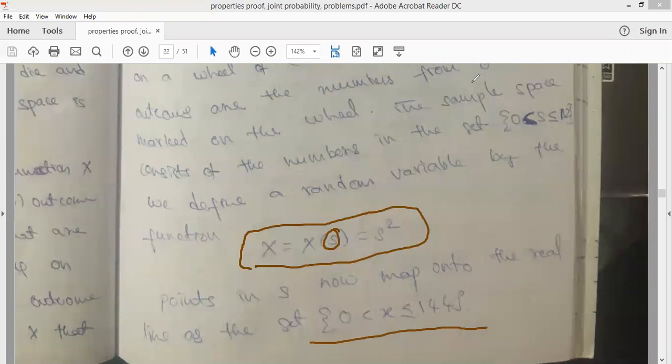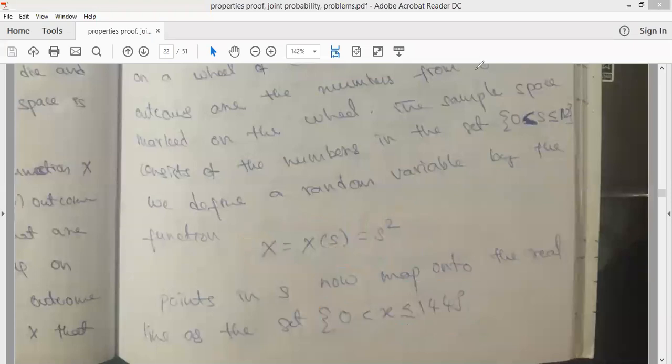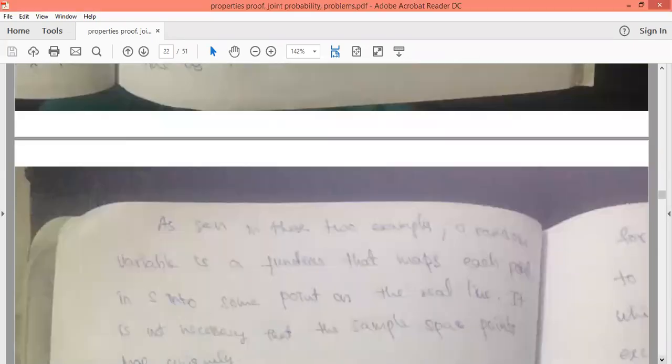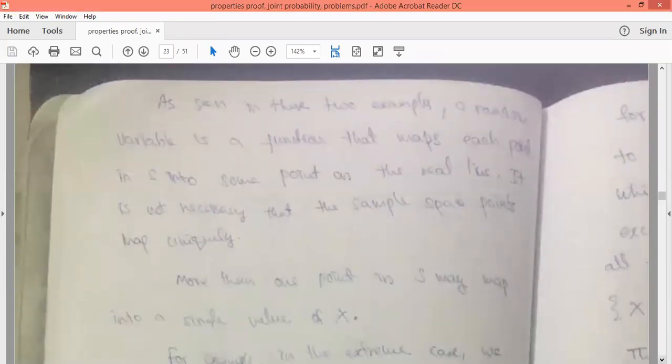you will have only discrete values. Whereas in the continuous random variable you will have infinite values. You can take 0, 0.001, like that we can take any value here. So we have an infinite number of values in the case of continuous, whereas in the discrete we have a finite number of values. So this particular example is an example of a continuous random variable.